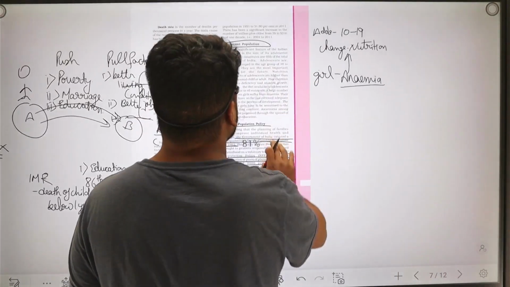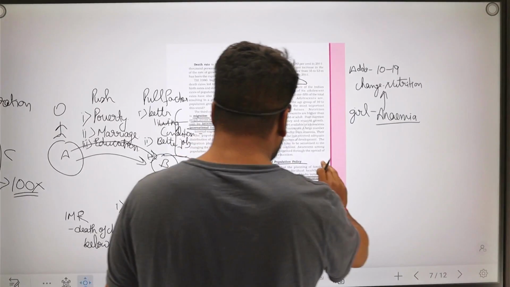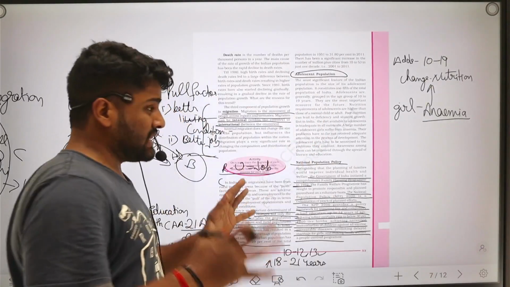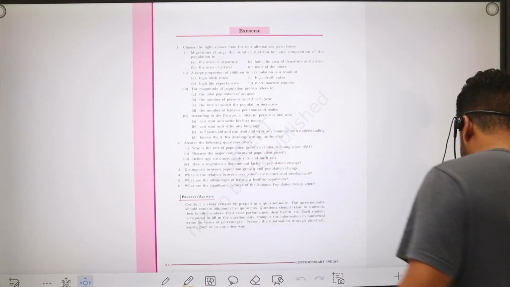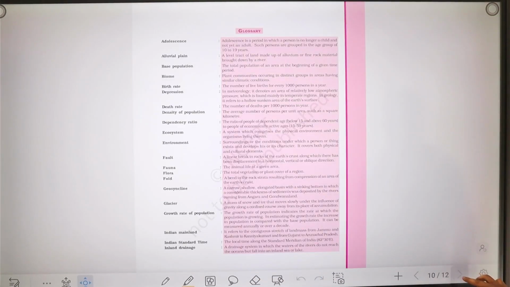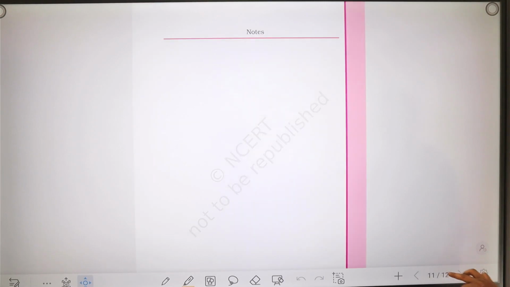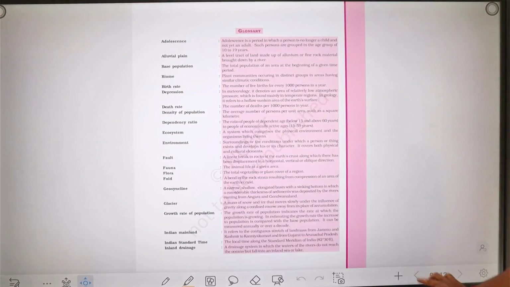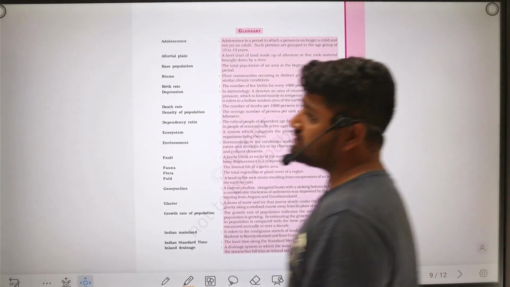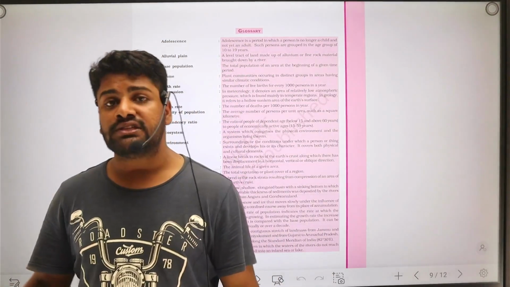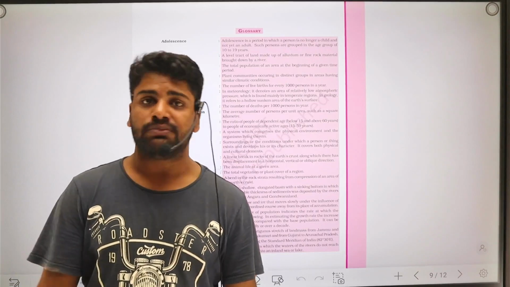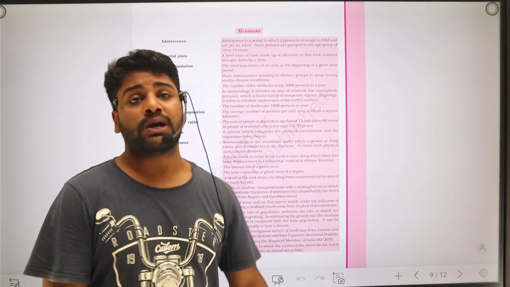I guess that's all from this particular chapter. So this was chapter number 6 of Indian geography, and we have ended this book. The chapter we have not covered is chapter 5, because it is not coming in the examinations. There will only be map-based questions from it as per CBSE. So with this we complete our chapter.